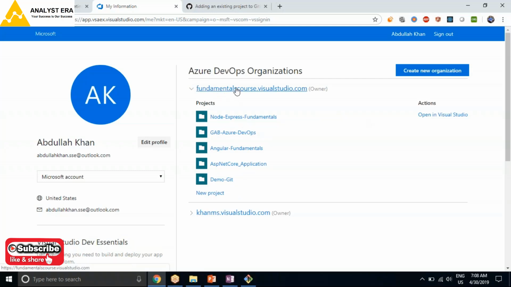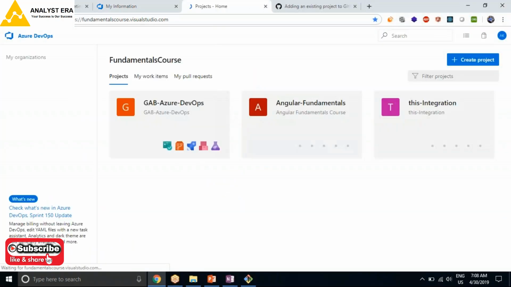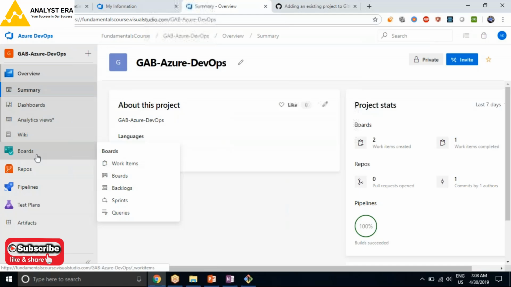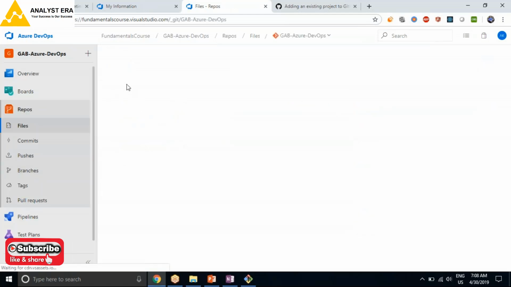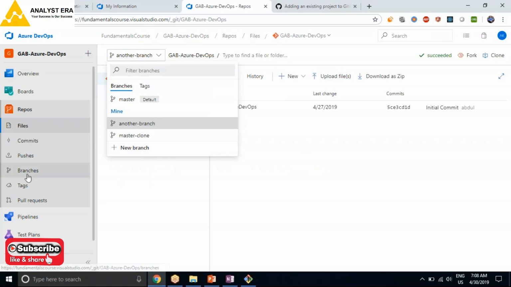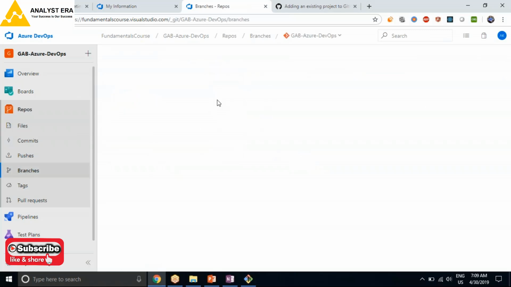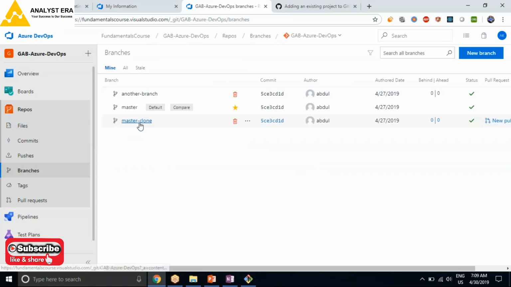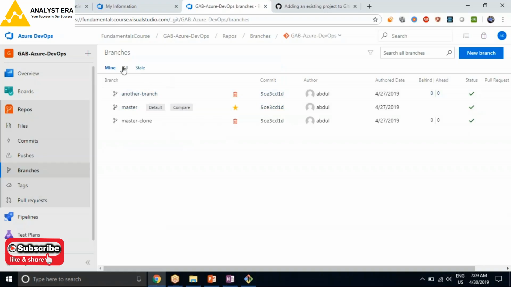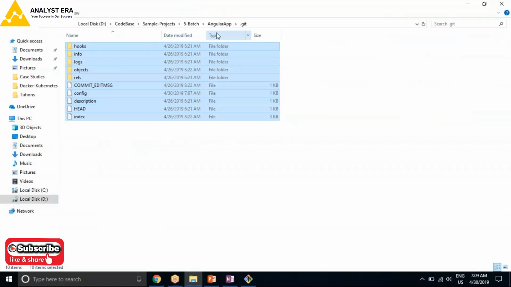We saw this. So we went ahead in the repos. We created another branch. We created 3 branches. I can see that 3 branches are present here: master branch, master clone, and another branch. Yesterday we created this, right? Hope you remember. I can create multiple branches in my Git repo, and all those branches are